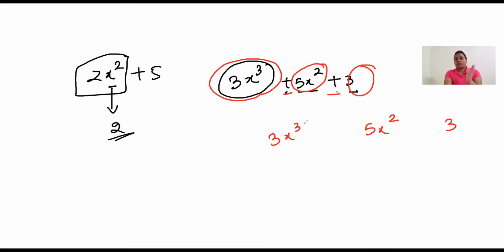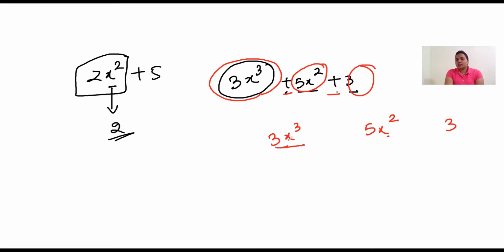Now let's see what the variable in this is. It has the same variable, x. It is not necessary to have the same variables in any polynomial. They can have different variables in the different terms. If they have the same variable, we call it a polynomial in one variable. If they have different variables, we call it two variables, three variables, and the two variables case we'll be doing in the next chapter also.